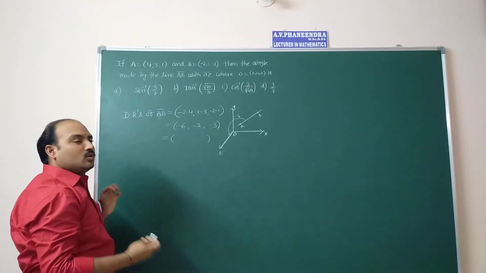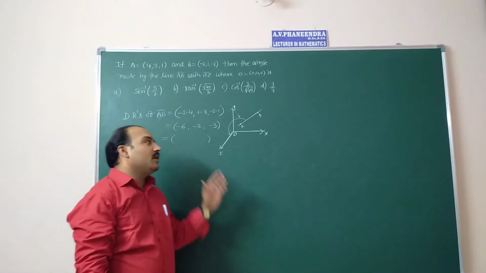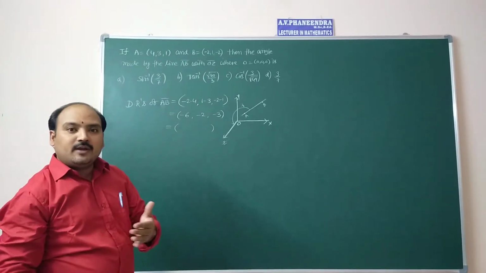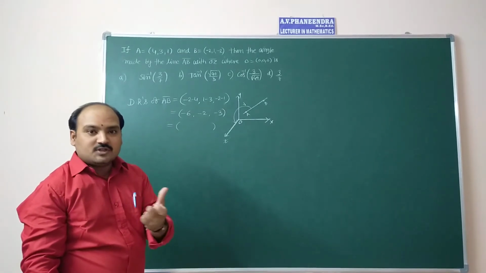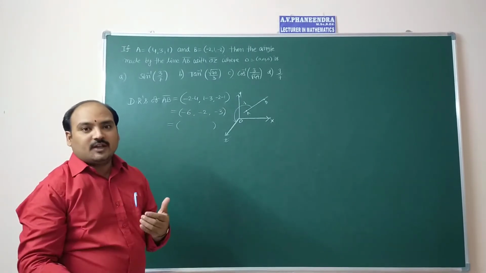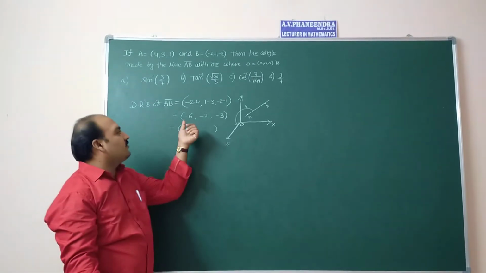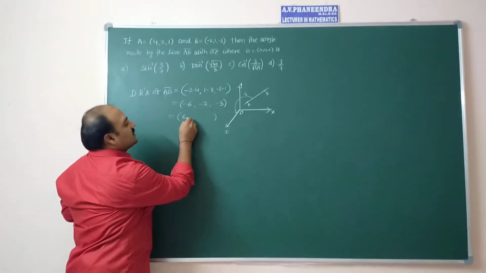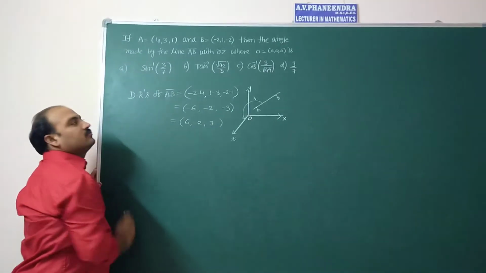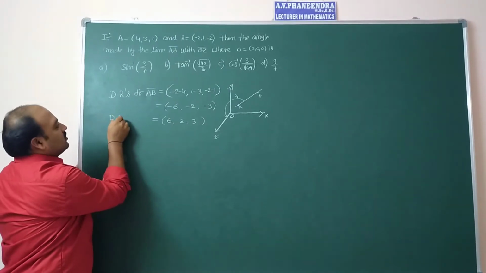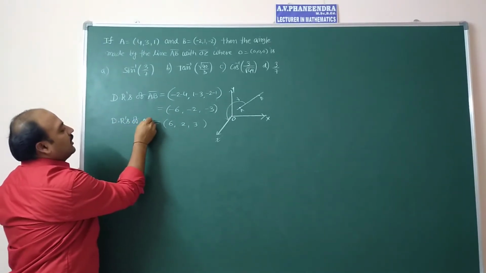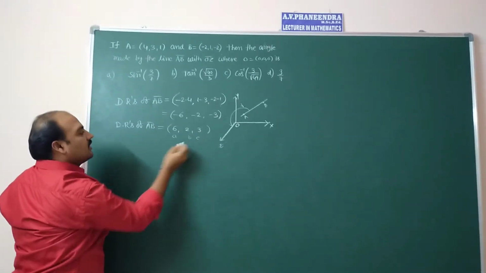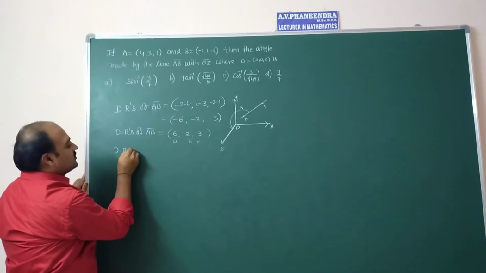Why? Because two sets of direction cosines exist in three-dimensional geometry. If L, M, N are the direction cosines of one set, another set of direction cosines is minus L, minus M, minus N. Here it is in the form of minus L, minus M, minus N. So another set of direction cosines you can write as 6, 2, 3. So these are the direction ratios. Direction cosines, how to calculate? Direction ratios, whenever they are A, B, C, direction cosines from the DRs.